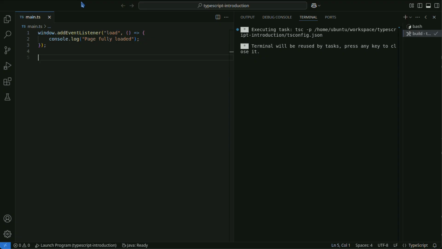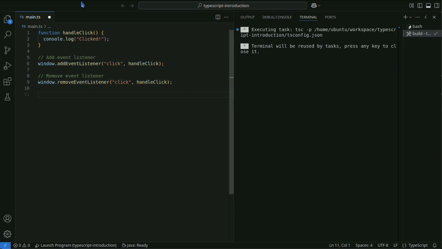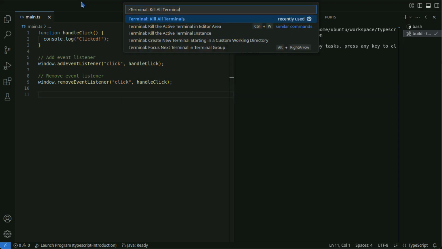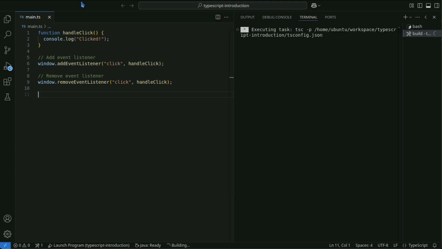You can remove listeners using the window.removeEventListener method. This code shows an example of adding and then removing a listener for a click event.